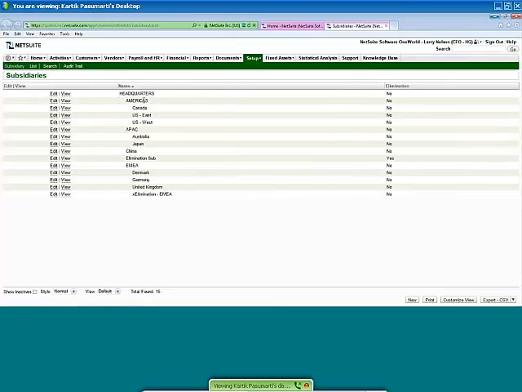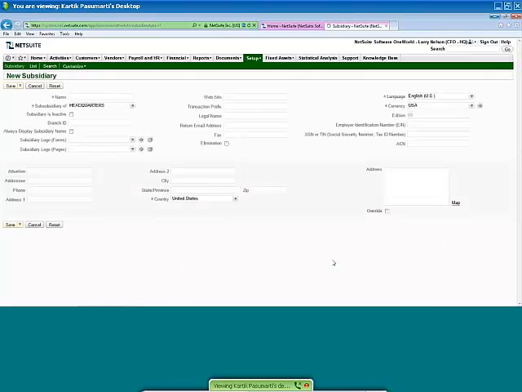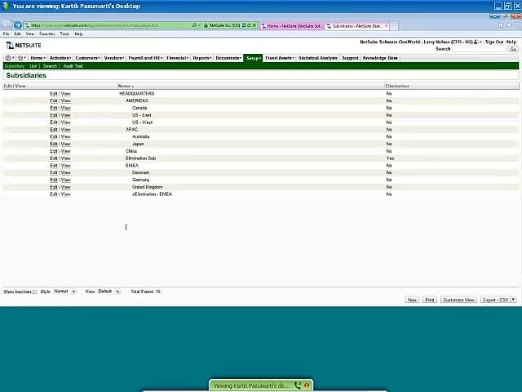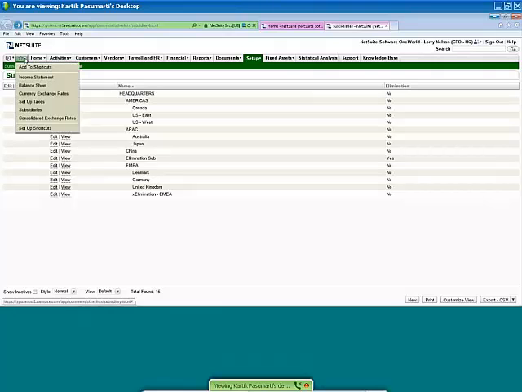So you've got headquarters, you've got America regions, then you've got all these subsidiaries. It's pretty easy to create a new subsidiary. Click on new, add a name, choose the language, choose the currency, and the system will automatically default all the necessary chart of accounts which are available for the global, and you can always add country-specific chart of accounts. And then because of this structure, number one, and number two, go to my shortcuts and look at this consolidated